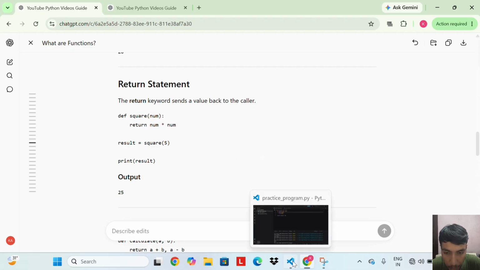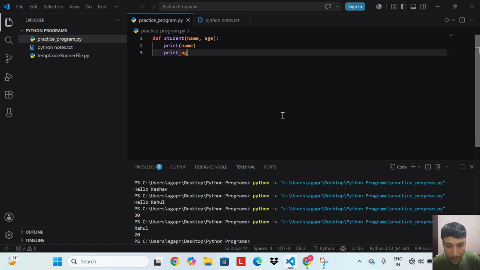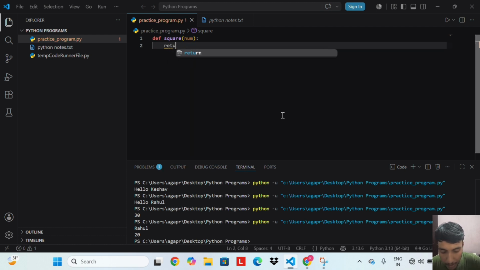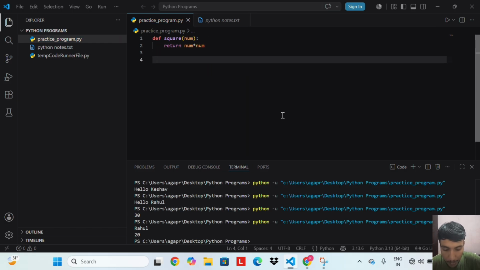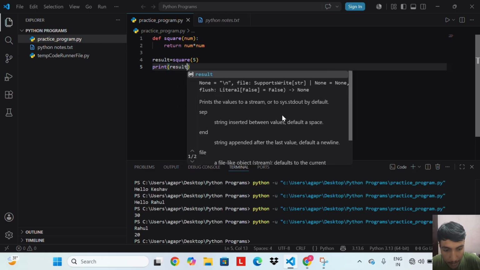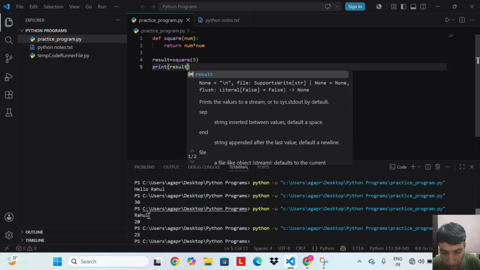So let's do an example of the return statement. def square num, return num into num. result equal to square 5, print result. Let's run this code. We get the output 25.